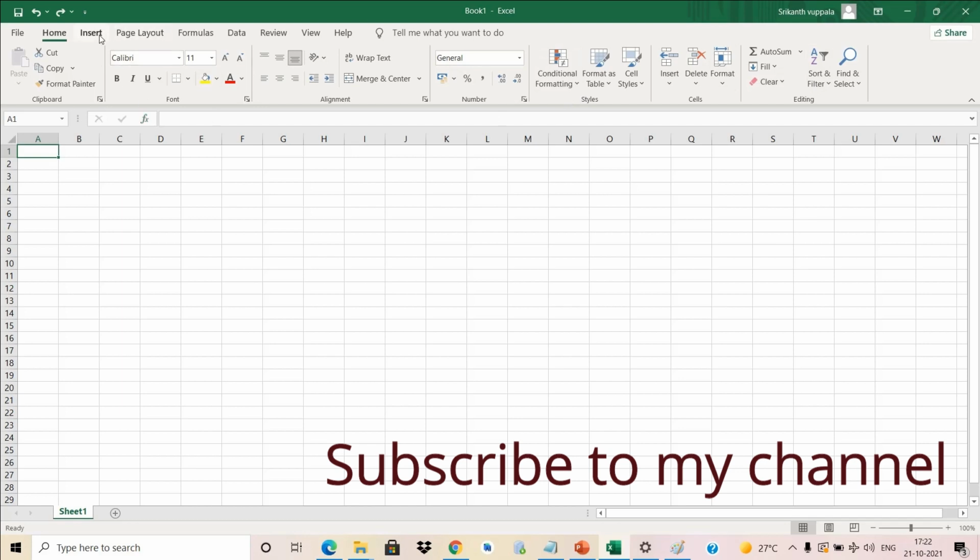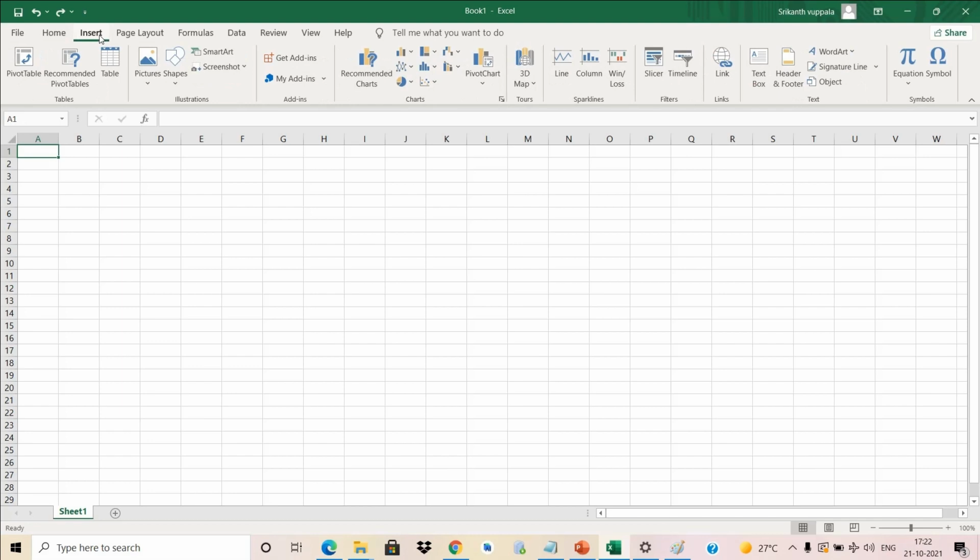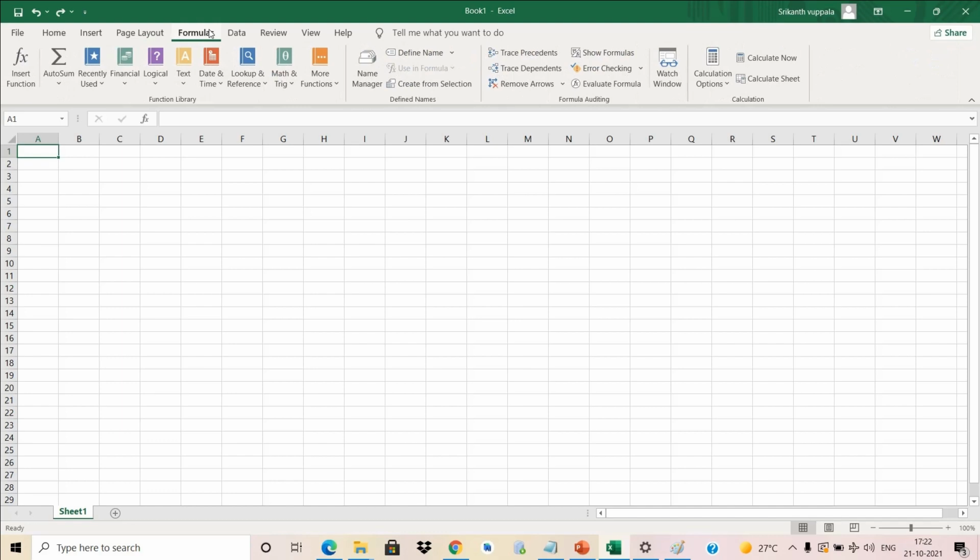Each tab has different options. If you go into insert, you can see some different options like pivot table, tables, pictures, shapes, add-ins, charts, sparklines, filters, links. All these options available in the ribbon items we are going to see in our upcoming sessions. The most favorite thing in Excel is formulas.